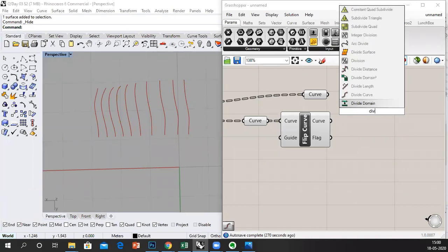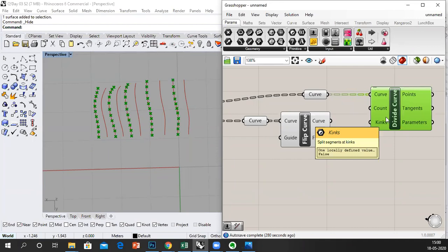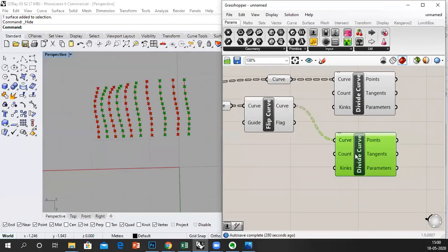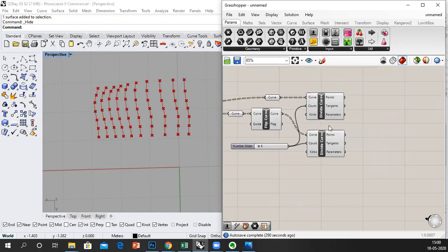Now I'm going to do a divide curve. So Control C, Control V, this. The count we'll keep at 20 for now. So this is one, this is one. So we can understand the amount of count over here.